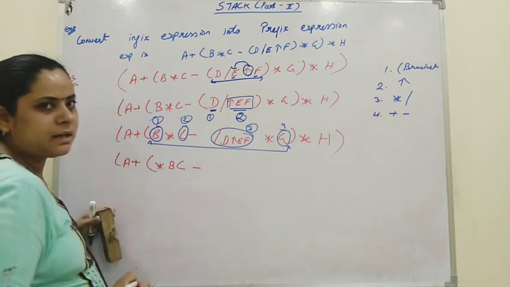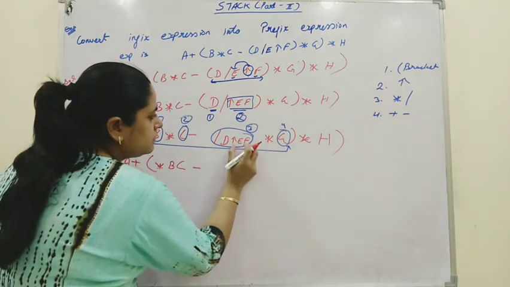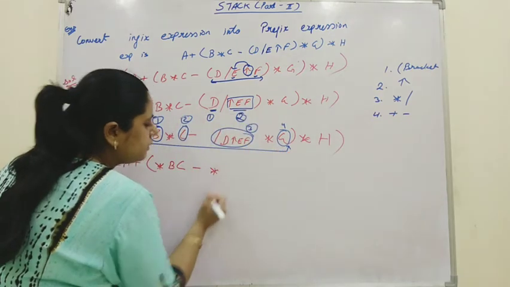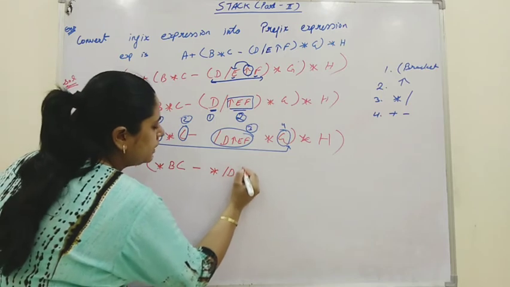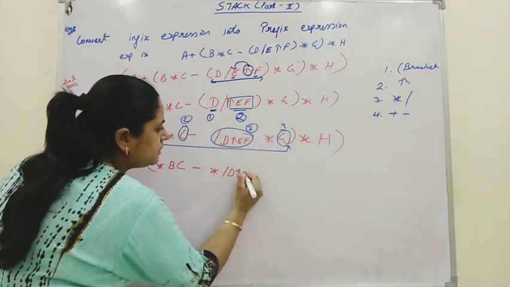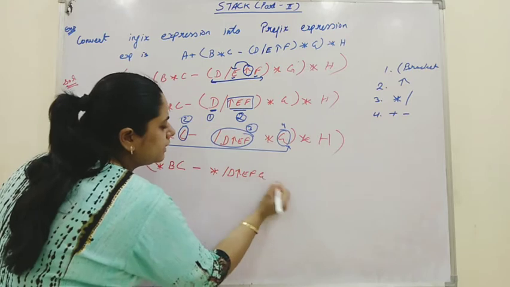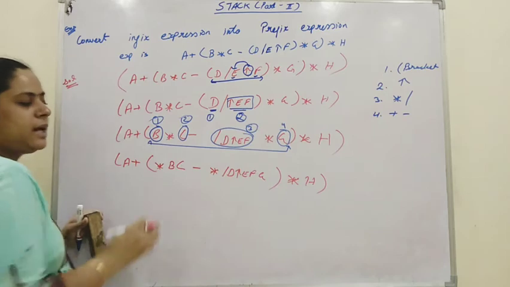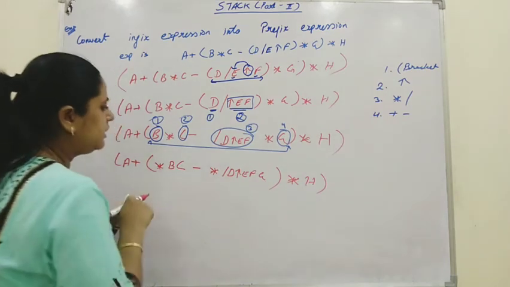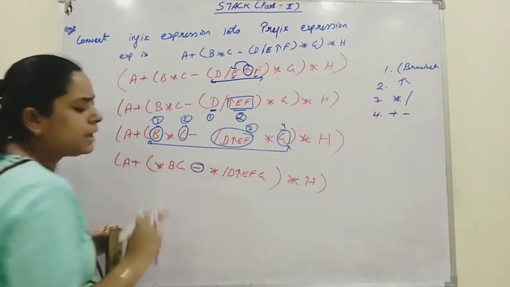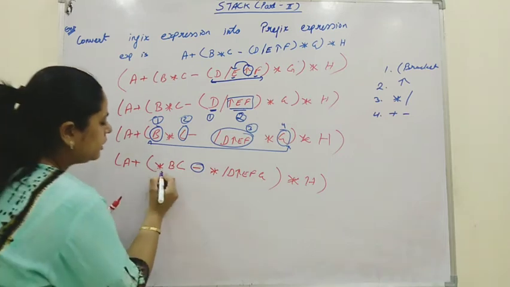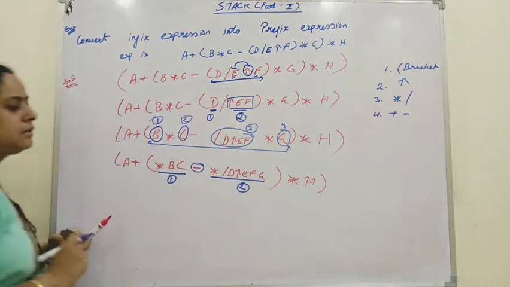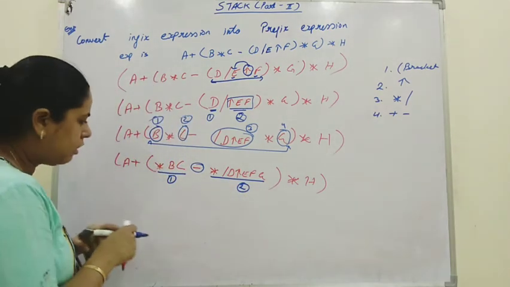We will put minus as it is. Now, asterisk is between these two operands also. Prefix means before. So, asterisk will come here, and first operand we will write as it is, and then we write second operand. Did we evaluate each and every operator? No. Still we are left with this minus. Now, this minus is working on which two operands? First and second.